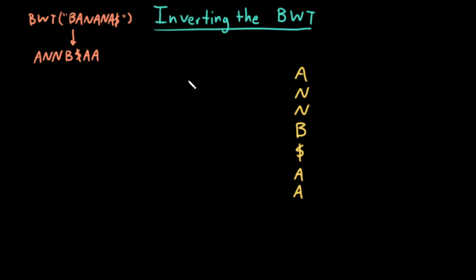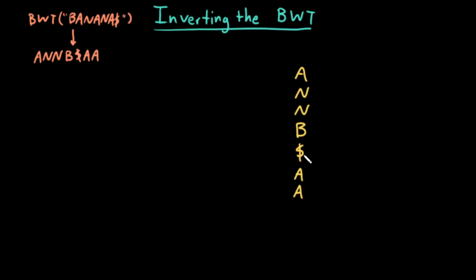Therefore, the first column must by definition just be the letters of my original word in sorted order. So given just the Burrows-Wheeler transform, I can sort it in increasing alphabetical order, and that will be my first